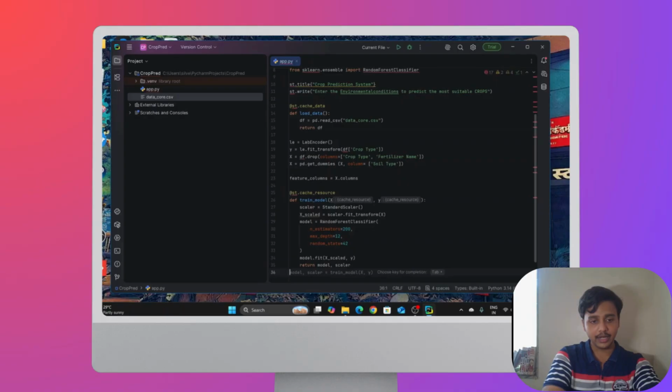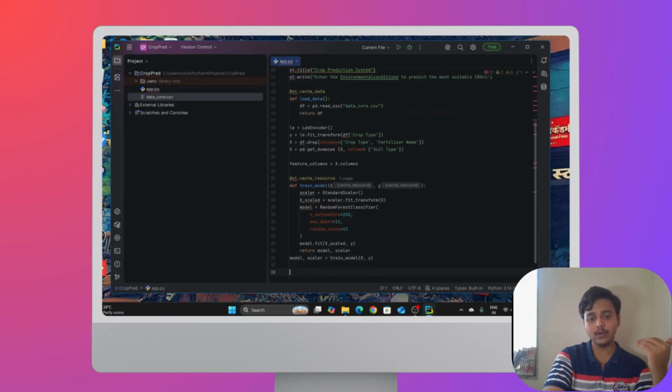Okay, now we return the model and the scalar. Now model comma scalar will be trained on x comma y, so our model will be ready. Now we need to add some user inputs, and we need to set some parameters. For that, let us create the UI.